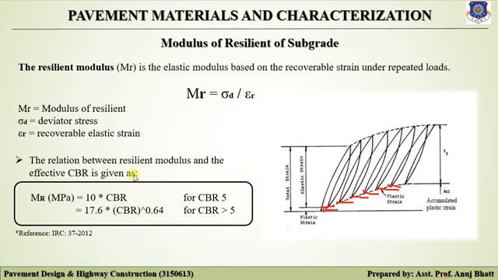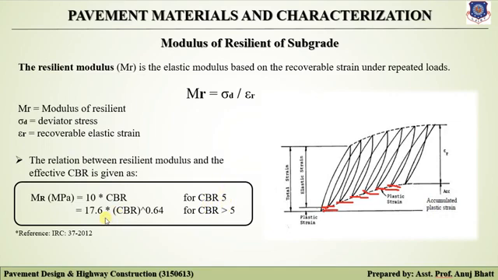However, this test is not available in most cases, and hence some recommendations are made to correlate the CBR values with the resilient modulus. Here the IRC 37:2012, which is the upgraded version, has given the relation between resilient modulus and the effective CBR, and that is 10 into CBR till the CBR value of that subgrade soil is 5,